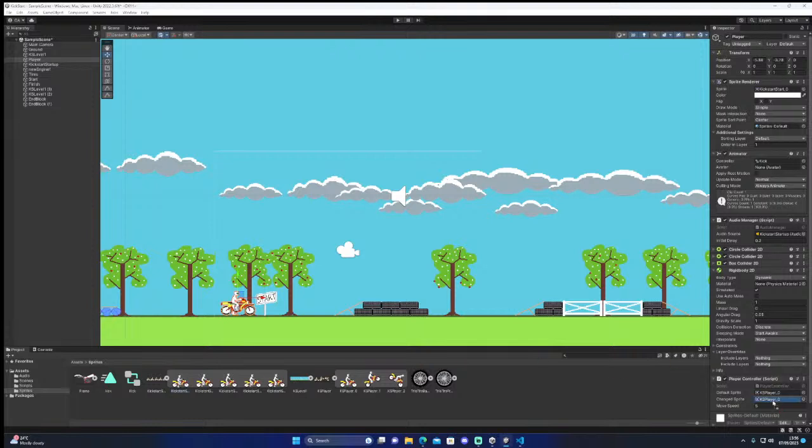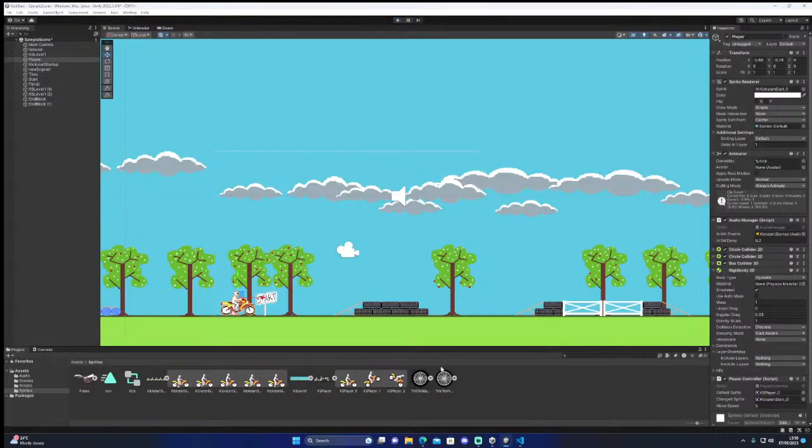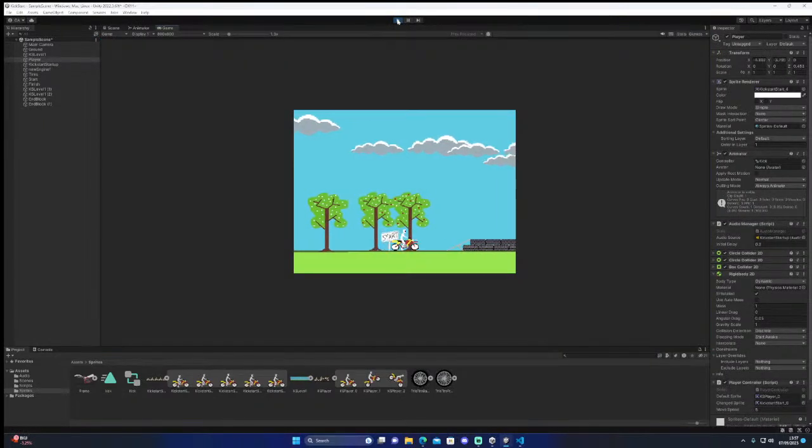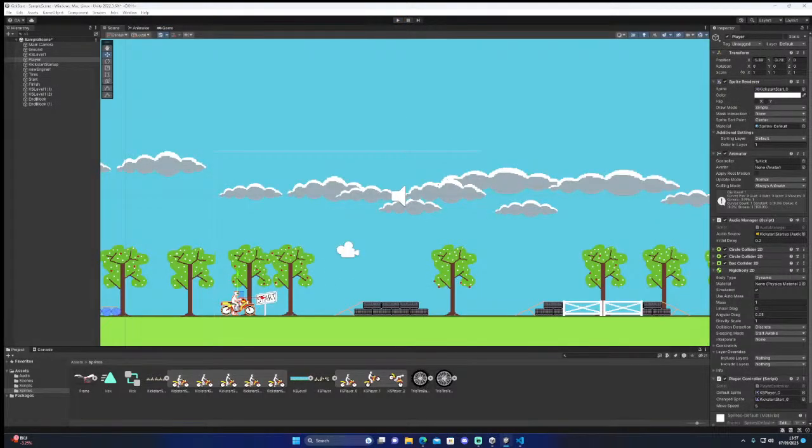Am I doing this? Oh, I might not have my key set up correctly. Let me just try it with the D. No. Wish I hadn't messed with it now. Default sprite. Change sprite when on key press to that.